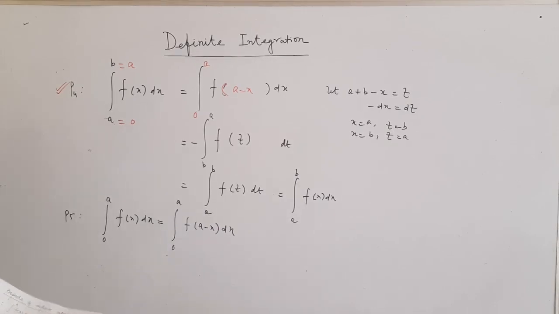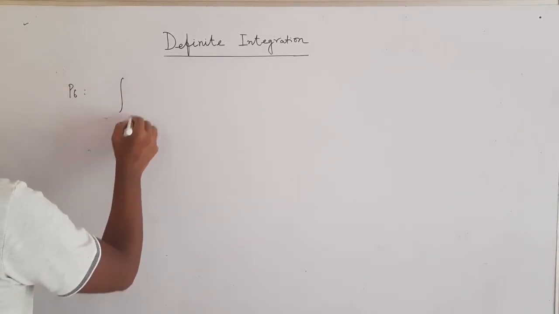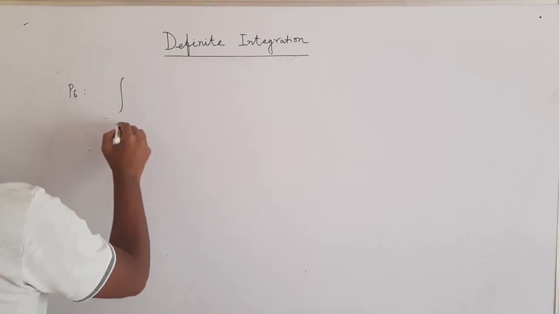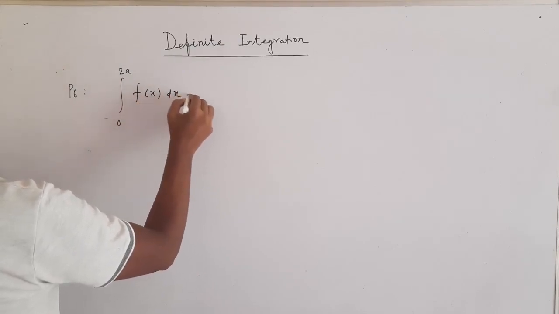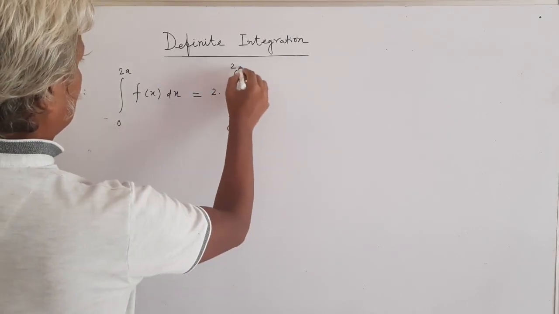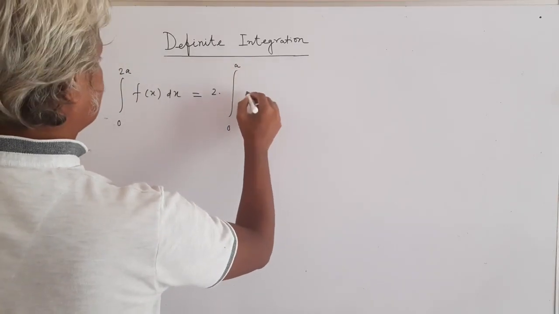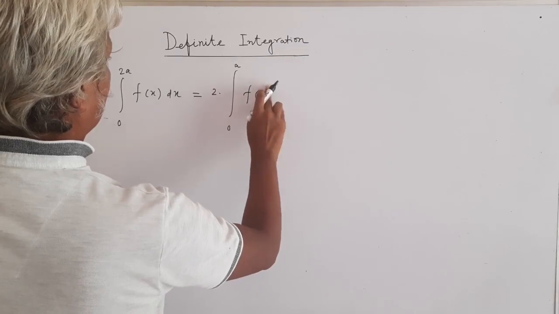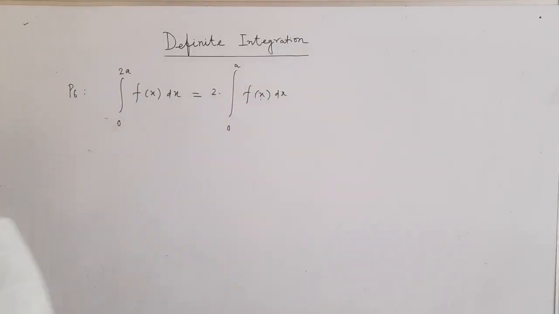Now I go for property 6 and property 7. So here we have property 6. Find the integration of 0 to 2a f(x) dx, which is 2 times 0 to a f(x) dx